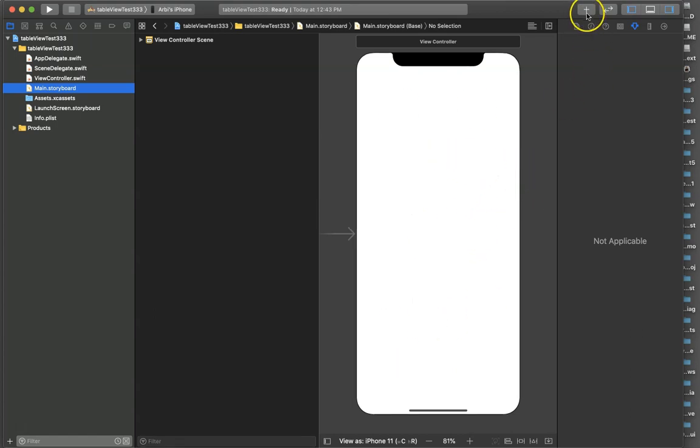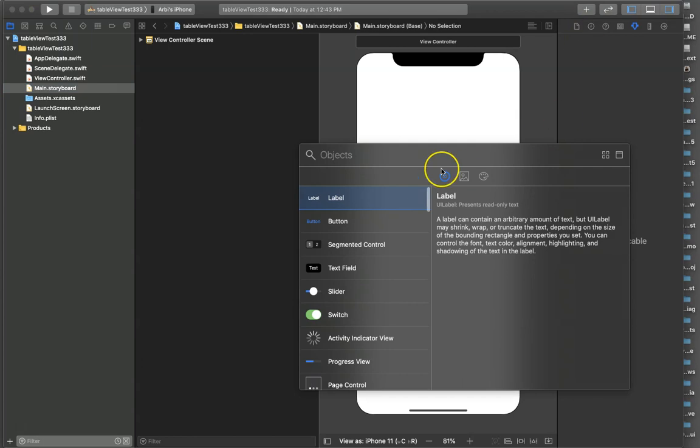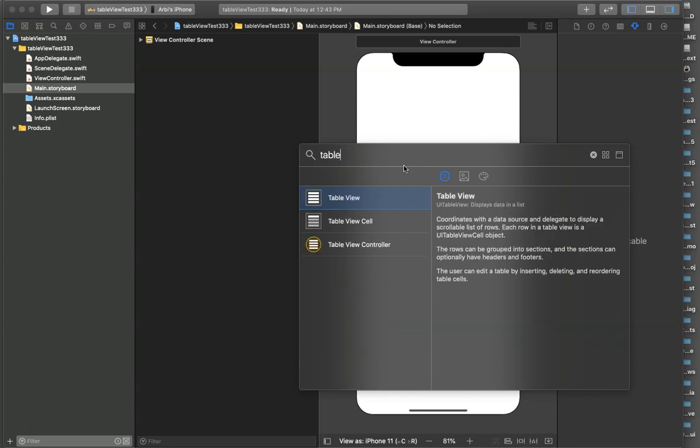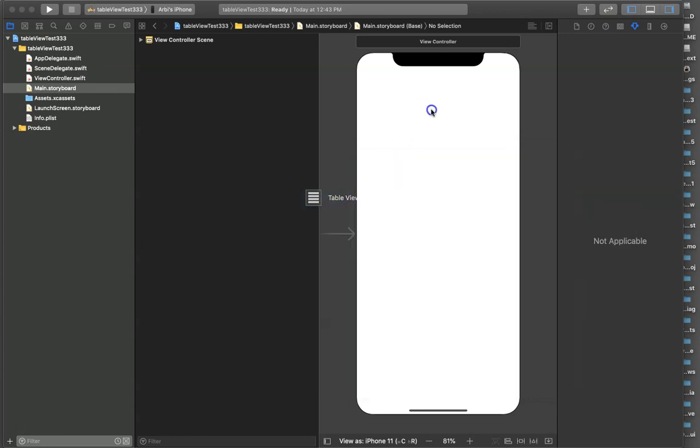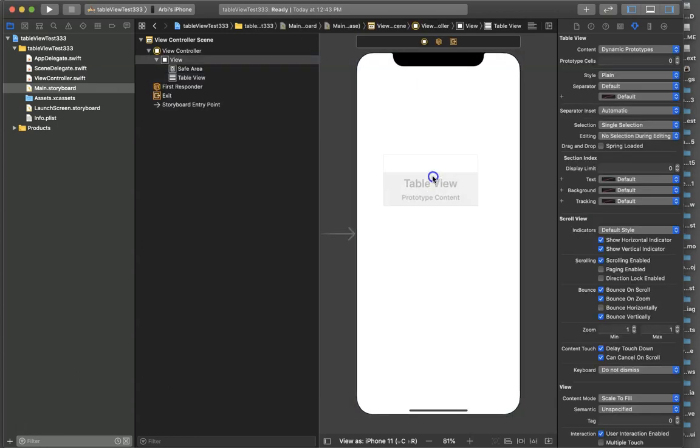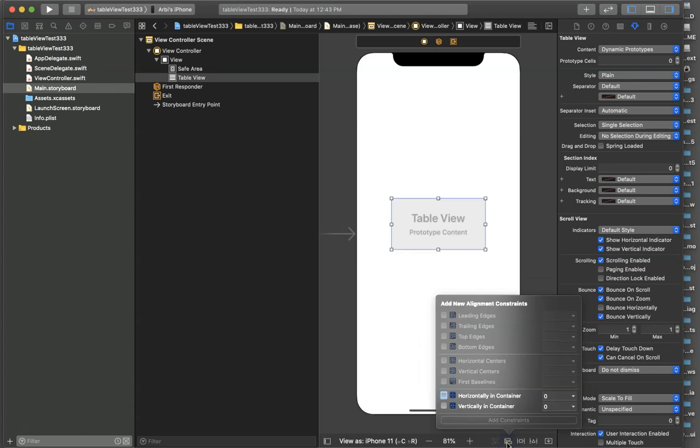Click on this plus button, and it lets you add controls to the view. I want to add a table view this time, so I'll type in table, and it's going to auto populate. Select the first one and drag it over. Now we're going to do some auto layout. Auto layout sets the constraints. It tells you how far the left, the right, the top, and the bottom are of the table view. Since I want to pin it all the way to the sides,